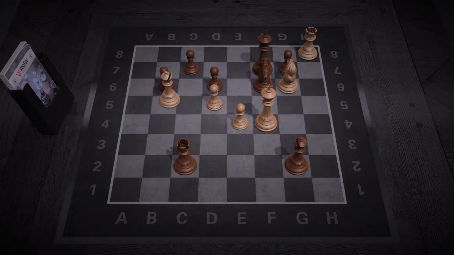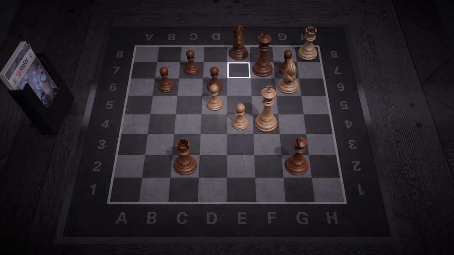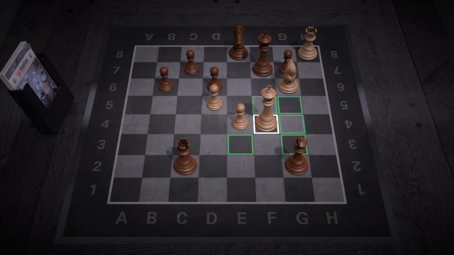So we're going to put the bishop to check on e8, and black is going to capture with a knight, which is good because that knight was the problem for us. We wanted to move it out of there because that knight could do a lot of stuff, and now it can't. Next move is going to be